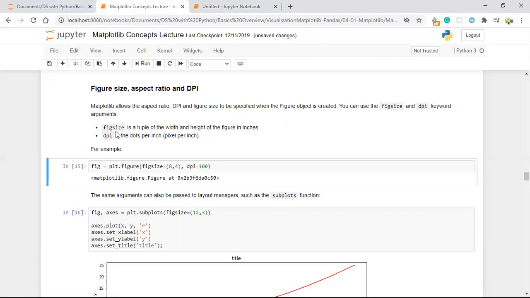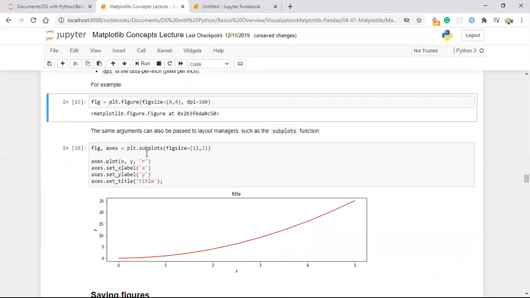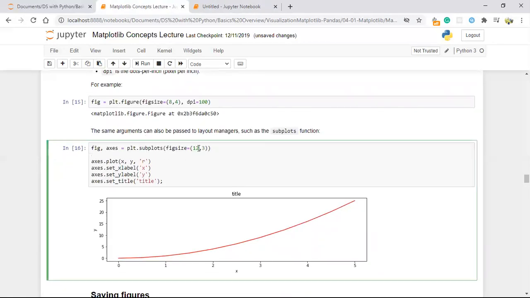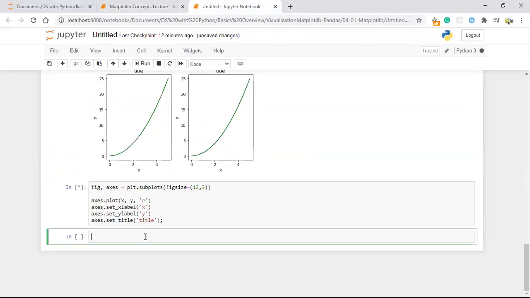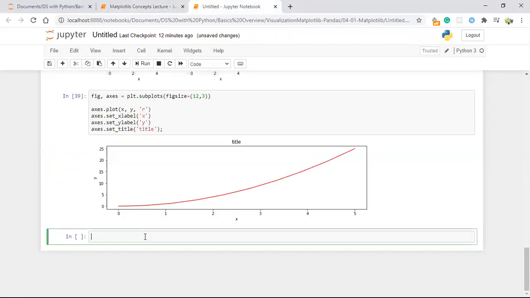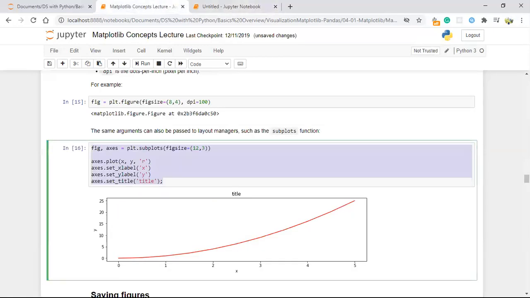When you give subplots figure size 12 comma 3, 12 is the width and 3 is the height. So you will get the output like this.